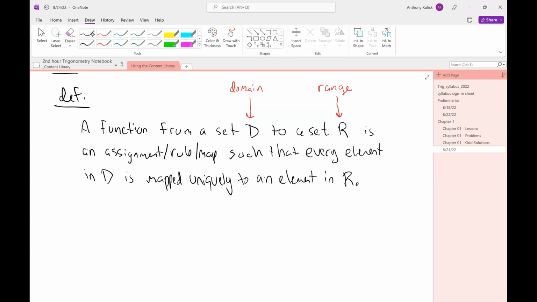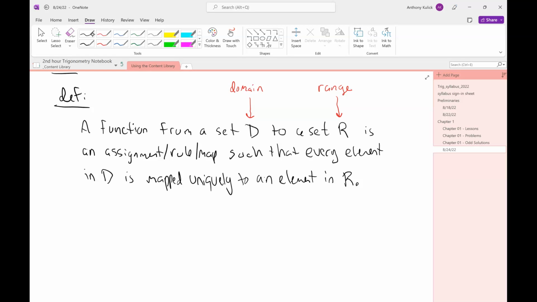If I put a chicken in, I get a 25-cent coin out. And every time I put a chicken in, I get the exact same coin back out. And if I put in something different, I might get a 25-cent coin back out, or I might get something different out, right? Now, in this case, chickens and coins are numbers for us, but I'm trying to create a metaphor that's